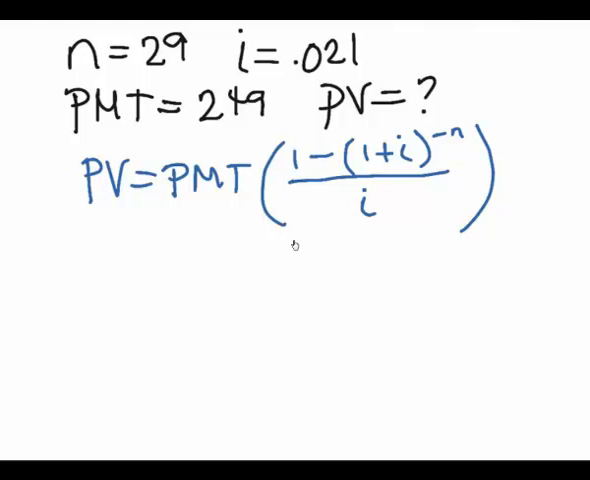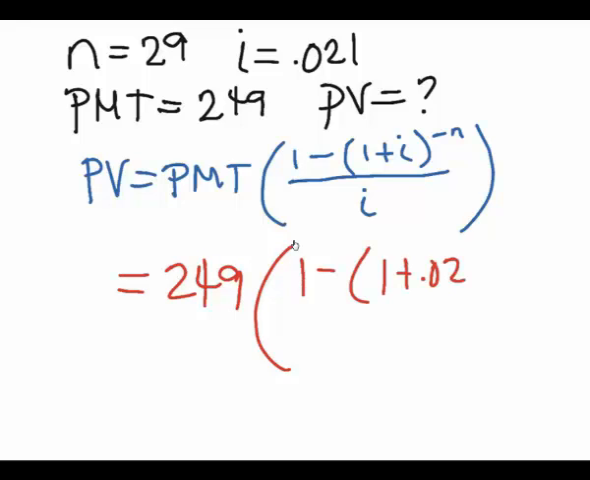All right, let's look at this problem. In this problem, I'm giving you all the highlights. N is 29, I is 0.021, the payment's 249, and I'm looking for the present value of the annuity. So this one's really just a plug and chug problem. So I'm going to fill in everything. My payment's 249, 1 plus 0.021, raised to the negative 29, all over